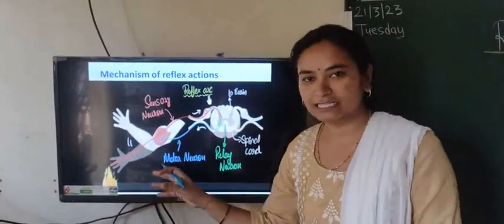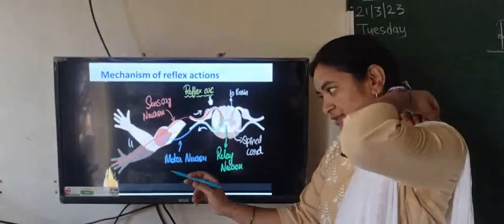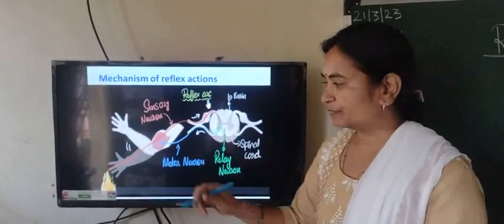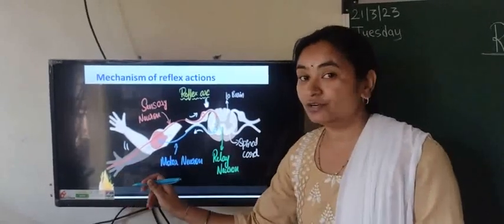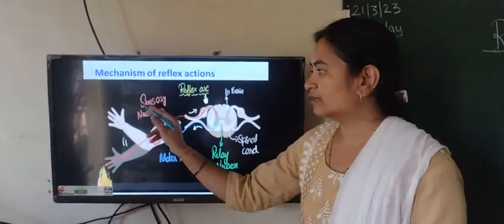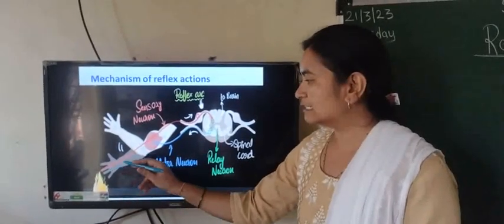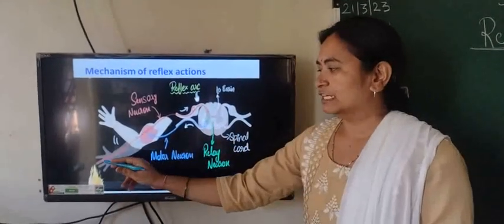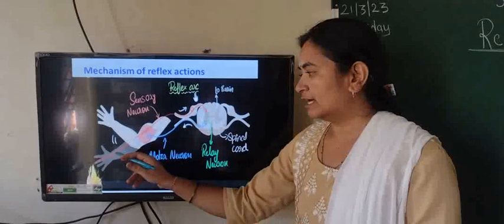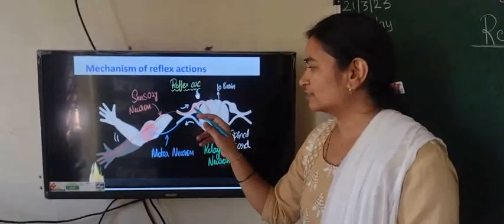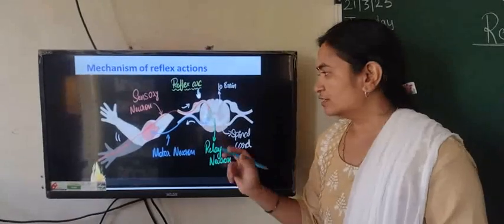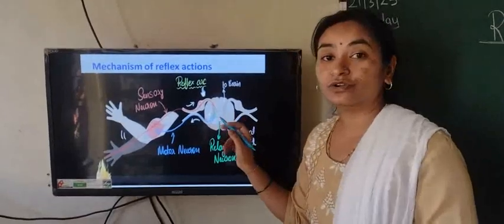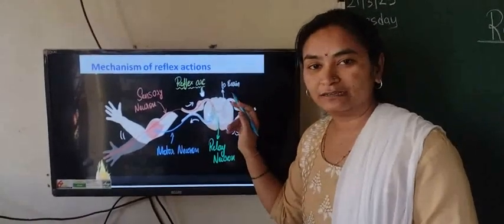So, consider an example. This is a very common example: when our hand comes in contact with fire, the heat gets converted into an electrical message with the help of the sensory neuron, and it is carried with the help of this single neuron to the relay neuron. This is the neuron, and we know that neuron cells are the longest cells of our body. So here, when the message is sent to the relay neuron, it is not passed to the brain, and